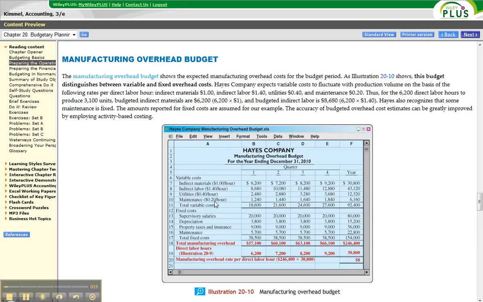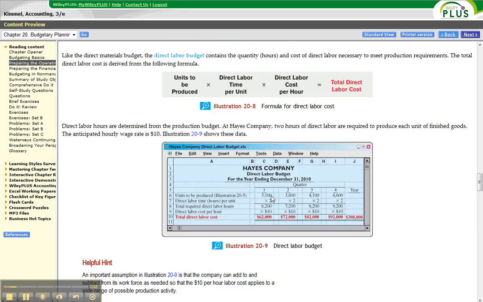So the most important thing here is going to be to understand what your manufacturing overhead variable cost amounts are per unit, or in this case hours. Because once we have those hourly amounts, we can multiply them by the number of hours that we're expecting in each quarter and get budgeted overhead amounts. So I think you remember that we expected hours right here. Direct labor hours are expected to be 6,200 in the first quarter from our labor budget, and